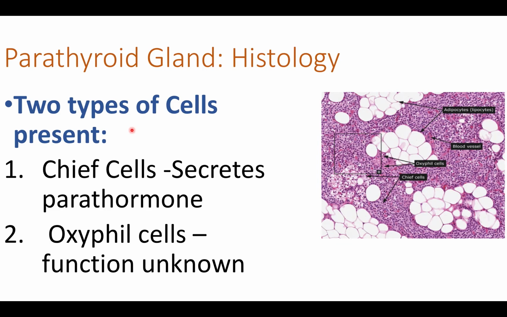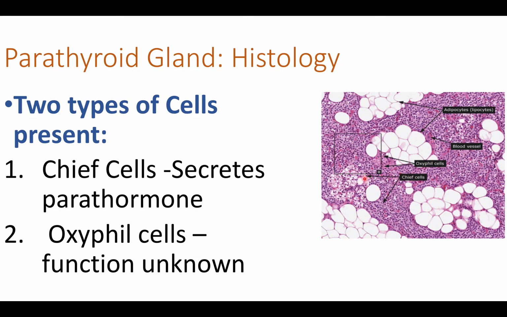Two unique types of cells are present in the parathyroid gland. They are chief cells and oxyphil cells. The role of chief cells is to secrete parathyroid hormone, which is also called parathormone or Collip's hormone. Chief cells contain prominent Golgi apparatus and endoplasmic reticulum to allow for the synthesis and the secretion of parathyroid hormone. The chief cells are the smaller of the two cell types.